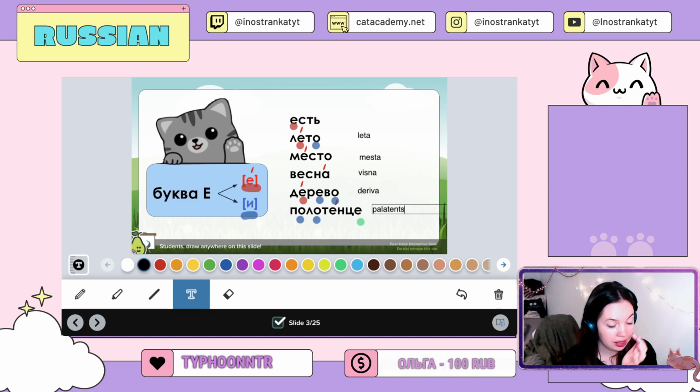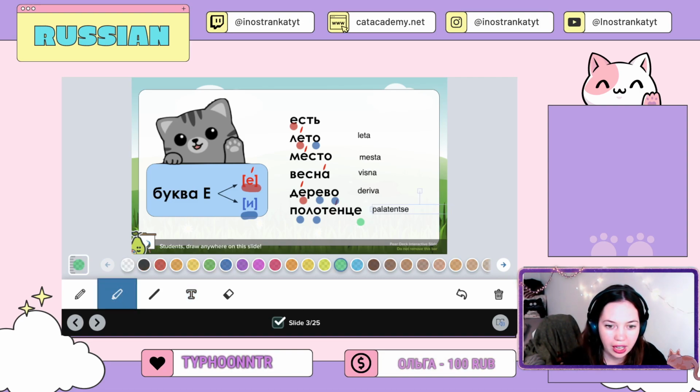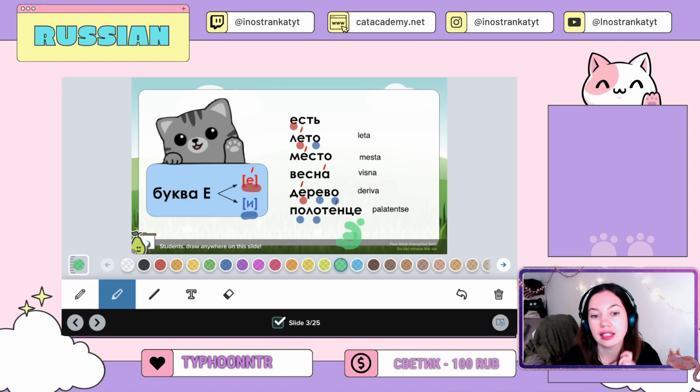So the thing is, at the end we have the letter е, and it is not stressed. So according to the rule, we are supposed to pronounce it as E, right? Полотенце. But because it's at the end of the word, it's a slightly different rule. At the end of the word, we can make it harder. So we actually can pronounce it as буква е. Полотенце. So these are just the main pronunciation rules that will help you sound more like a native